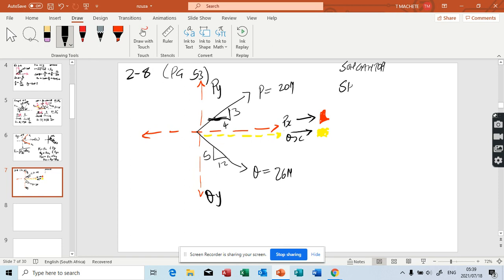Okay, sine theta. Sine theta equals py over p, which is equals to